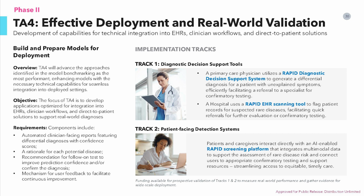And track 2 will develop direct-to-patient platforms, and that'll require performers to combine targeted analytics with AI-based screening tools to identify suspected rare disease patients among hard-to-reach populations and then integrate them back into the healthcare system for clinician review and support services, including things like confirmatory testing and, when appropriate, genetic counseling. And so together, these tracks will really allow us to take multiple shots on goal at different points along the diagnostic odyssey to essentially find those highly valuable rare disease needles that are currently buried within the haystacks of health